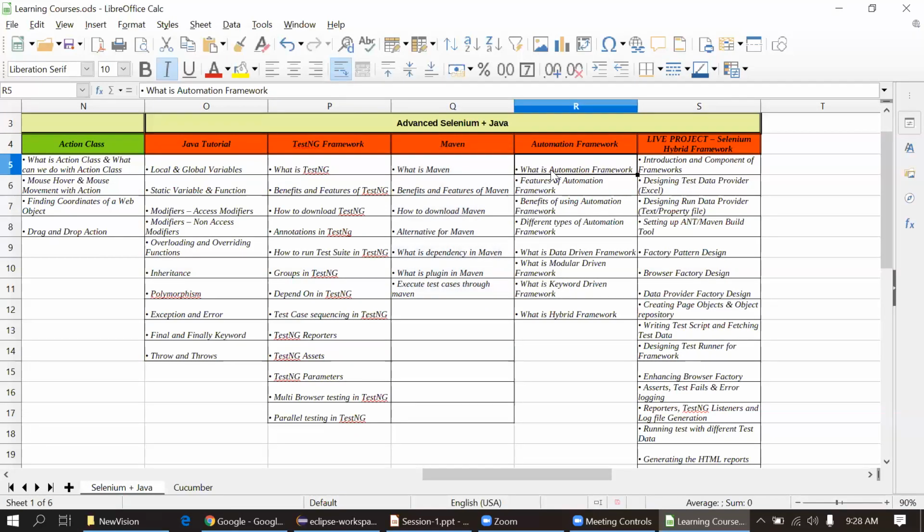There are different types of frameworks that I will explain in the upcoming sessions. At the end, when I'm giving the session on all these concepts, Java, TestNG, Maven, I'm going to write code and push it onto Git. So at the end, you are going to get the latest code on Git, and you can check out that code and work on it. If there are questions, you can reach out to me anytime. This is a live project actually.